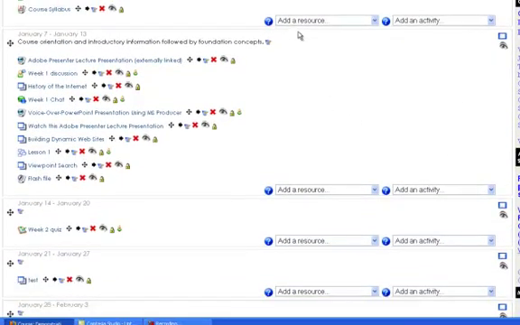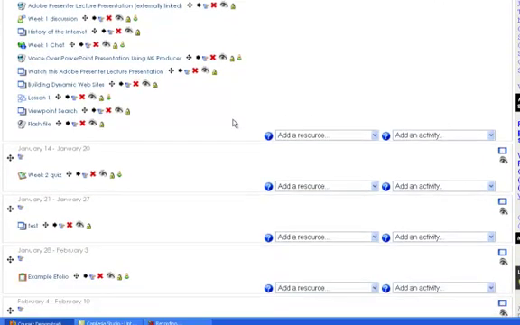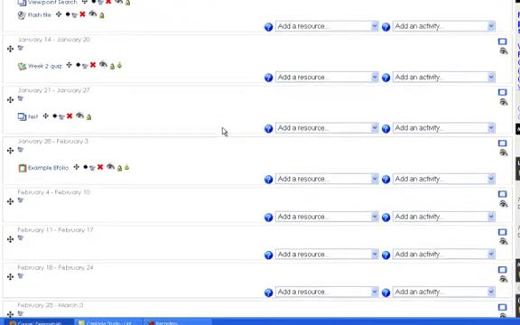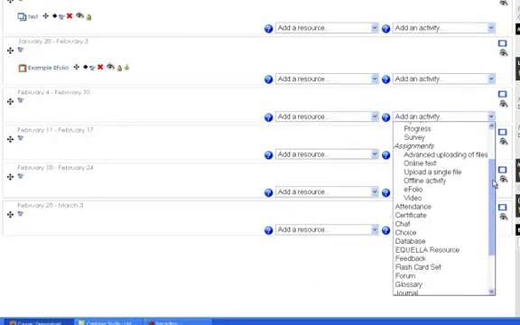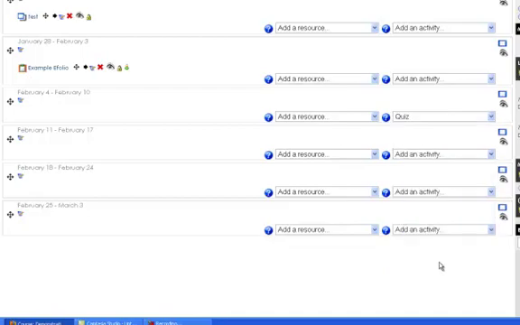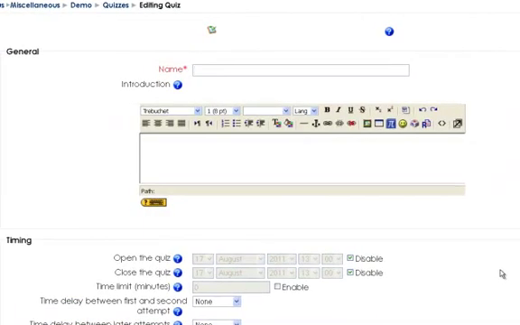As you can see, there is a pull-down menu, add a resource and add an activity, in each one of these weeks. So you select the week that you want to have the quiz in, and that's where you're going to use the pull-down menu, add an activity, quiz. It's called quiz in add an activity, but you can name it whatever you want. You can name it test, or exam, or assessment, but I'm going to go ahead and just call it quiz